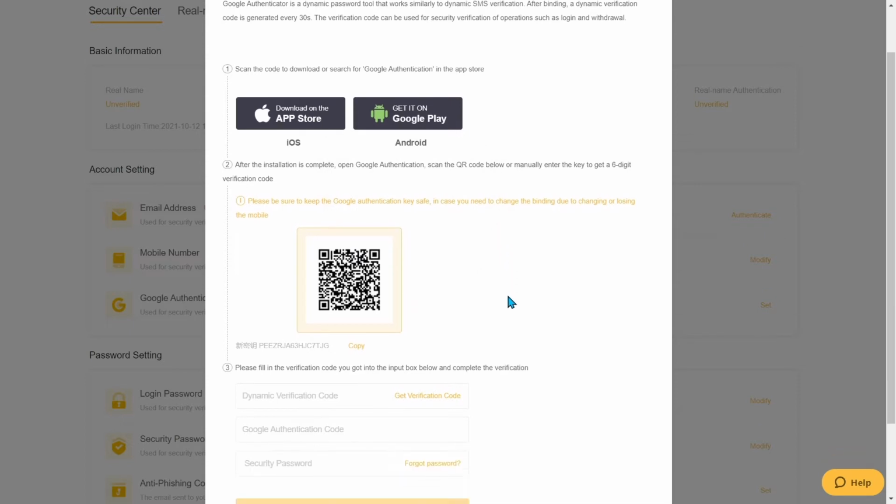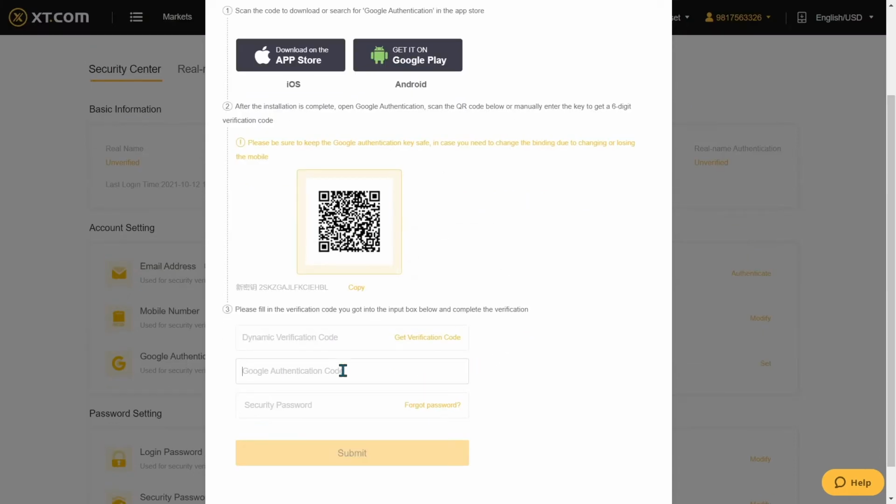After opening it, click on the plus icon, select Scan QR code and scan the proposed authentication key, or enter the authentication key manually through the appropriate item in the application, selecting the key type by time. In addition, save the authentication key in a secure location. You may need it when restoring access to two-factor authorization if you lose the device on which the Google Authentication application is installed.